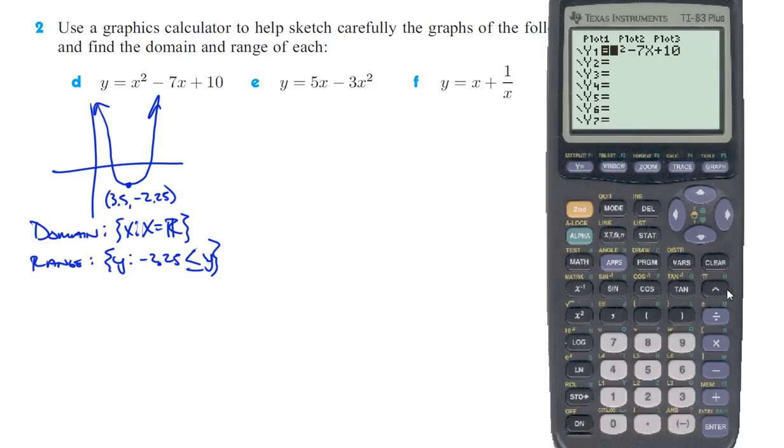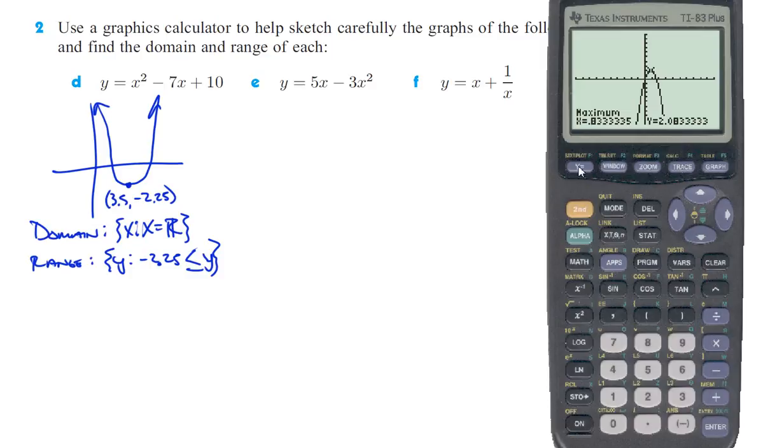We've got 5x minus 3x squared, and then we'll graph that one. Okay, and then we got another one kind of like what we just did here. So we're going to want to find that maximum because there's a maximum point up there. So I'm going to do second calculate, maximum. I want to get just to the left of the vertex. That looks pretty good. Push enter. Right bound. I want to get to the right of the vertex. Push enter. Do you want us to guess? Yep. And it's at x equals 0.83 and